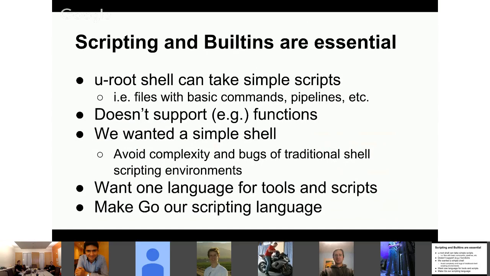So that's fine, but what about things like scripting? We've got a rather unusual way of doing scripting and build-ins. For scripting, we take fragments of Go and we wrap them in a main and turn them into a program. We automatically figure out what imports that needs, then we compile it and run it. So when you throw a script at this environment, we compile it and run it, and it's fast enough that it really isn't a problem.